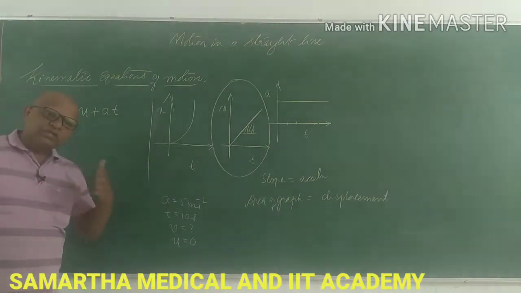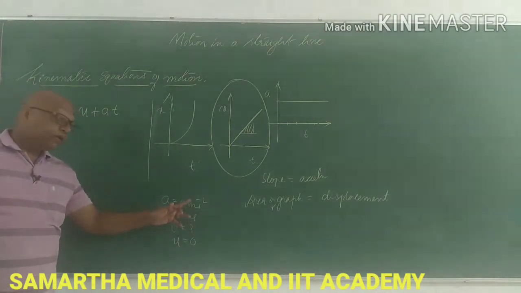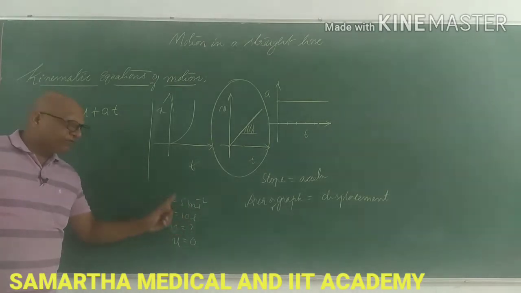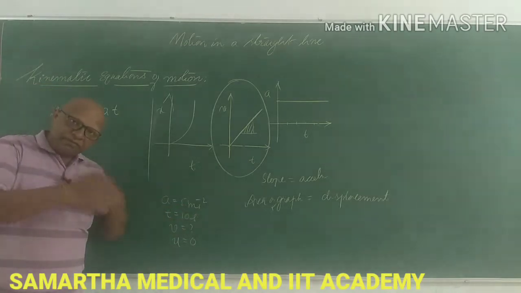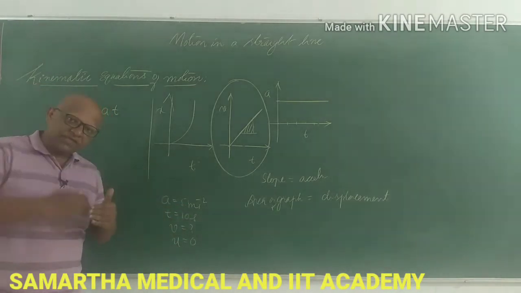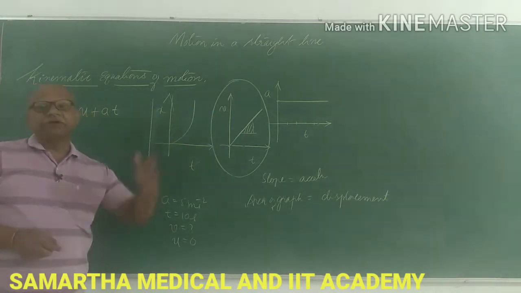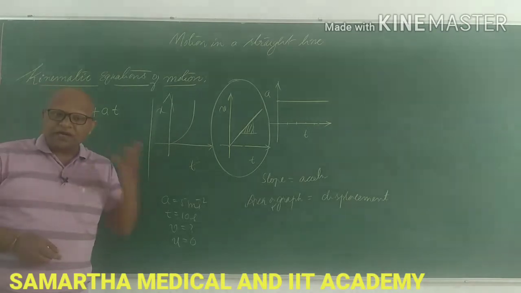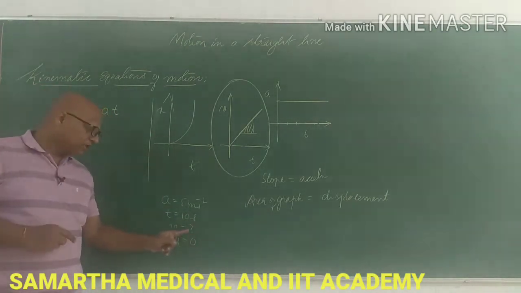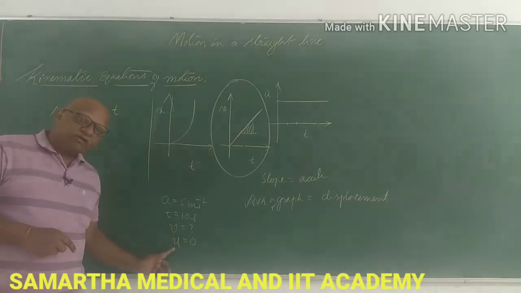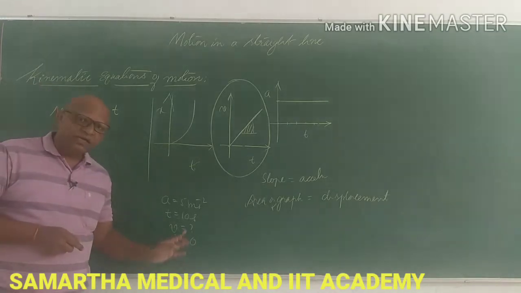I know how the speed of the car is changing. At this rate, every second 5 meter per second is added to its velocity. If it goes on adding like this for 10 seconds, what will be the velocity obtained if the body starts from rest? If the body starts from rest, then the initial velocity will be 0.